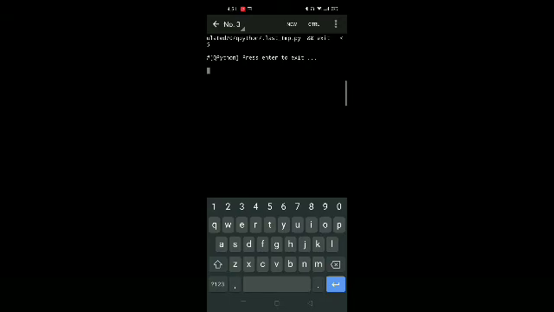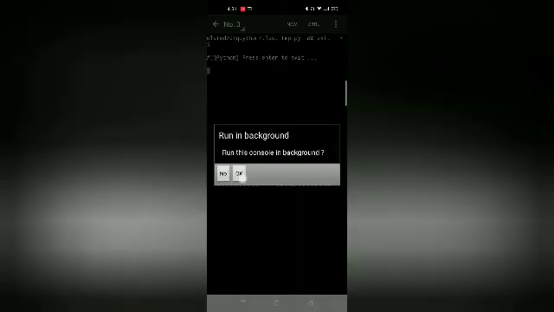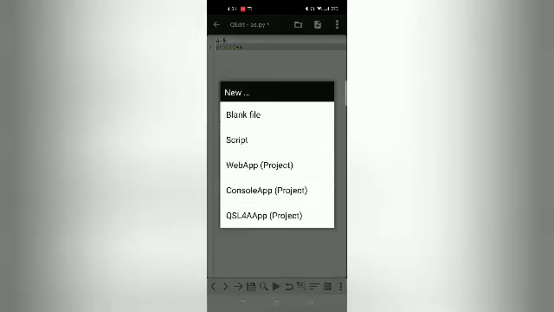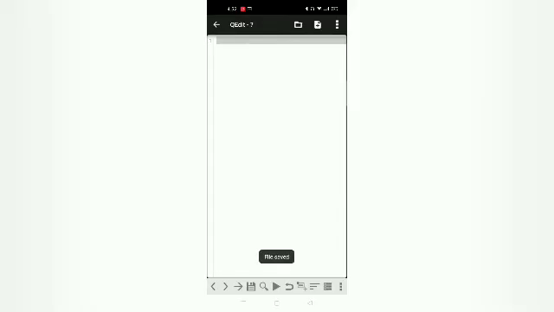Okay. So this is how, if you want to open a new file, just press new file button, blank file, and now the new file is open and you can work upon it. So this is how we can work on Python in mobiles.